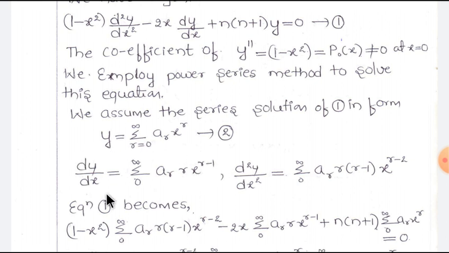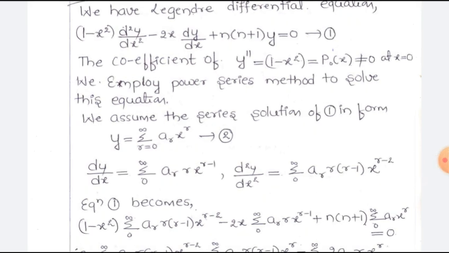Differentiate dy by dx with respect to x, we get d square y divided by dx square which is equal to summation, it starts from 0 to infinity ar, as differentiation of this term means r into r minus 1 term into x to the power r minus 2. So equation 1 becomes, means in the equation 1